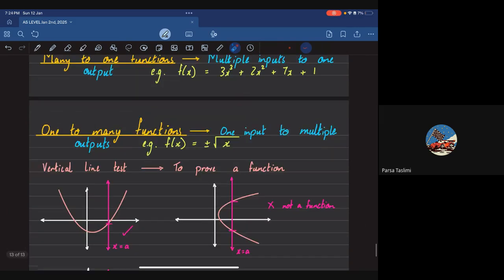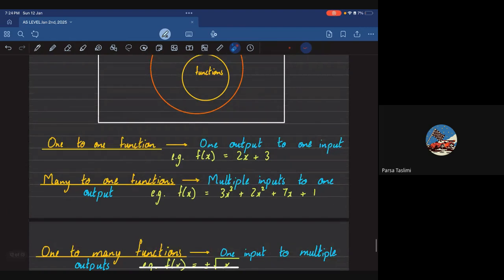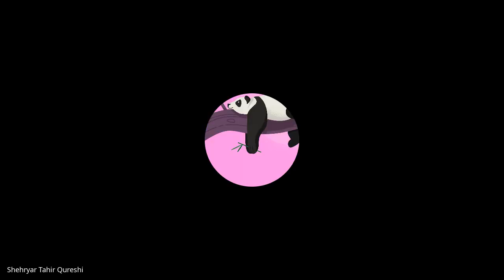Your many to one functions and your other functions. So more or less every function which passes the vertical line test, regardless of whatever type it may be, is a function. Clear? Keeping this in mind, let's, you know,